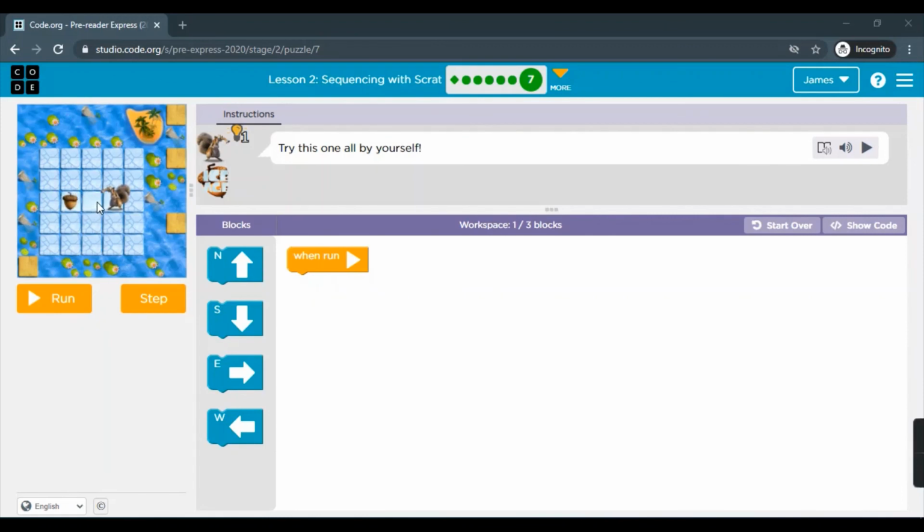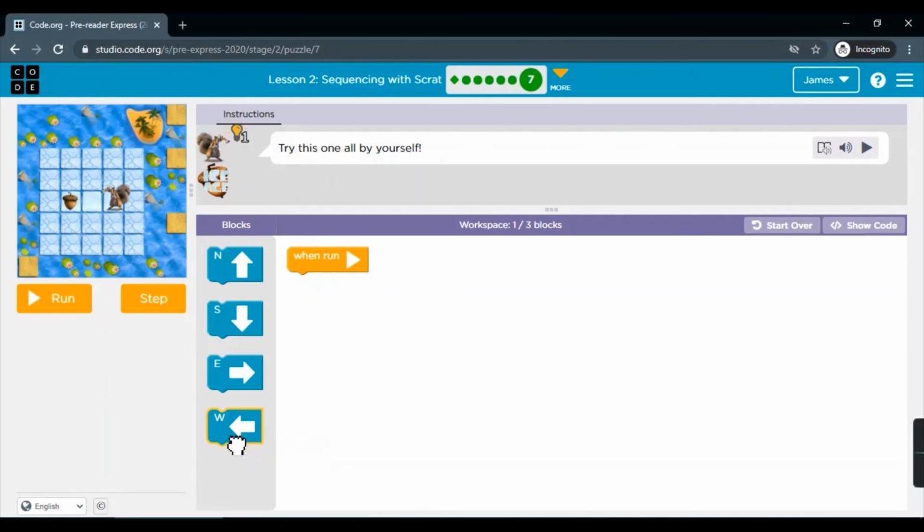And this is which direction? This arrow, that is west, left side. Now get this block one time. So it will reach here. And to get the acorn, let's move it one more time. This is what we need to do. Let's run.